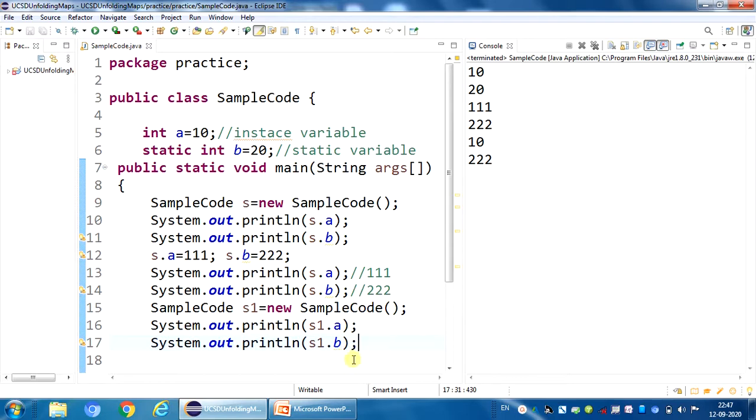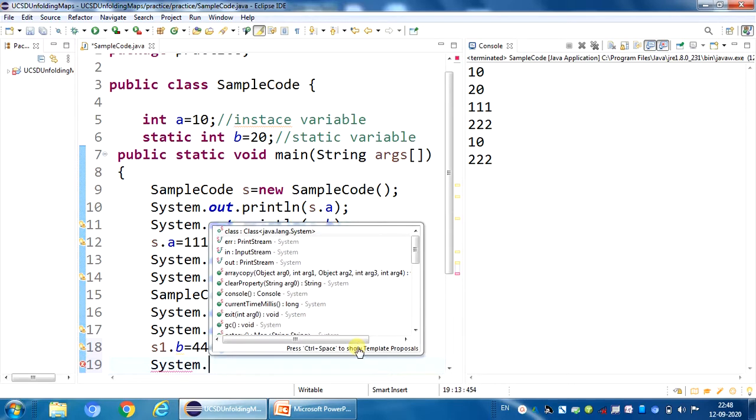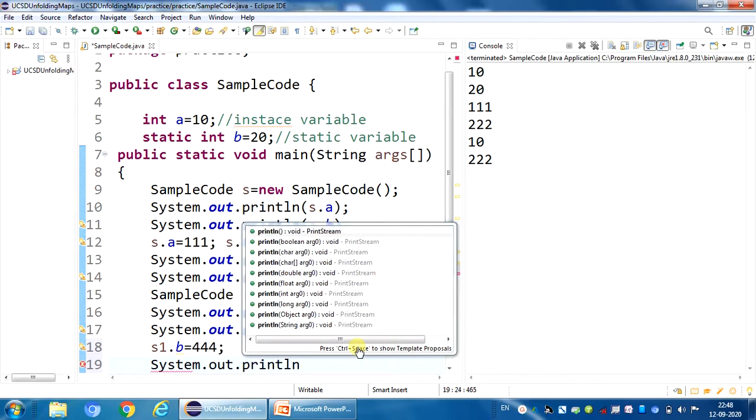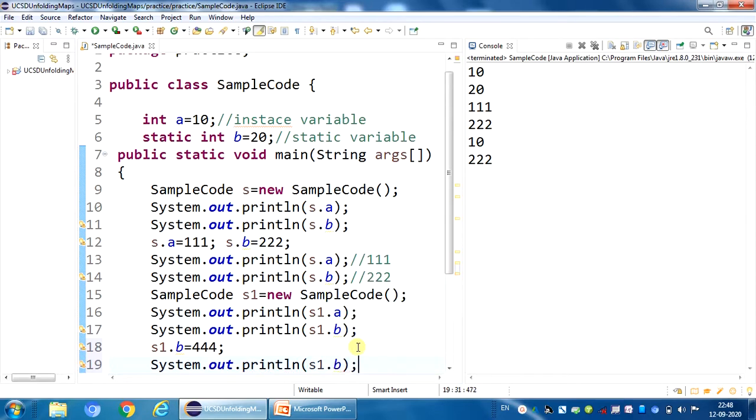And if I again redefine the static variable, that is s1.b = 444, and System.out.println(s1.b), and I run the code, now it is 444.